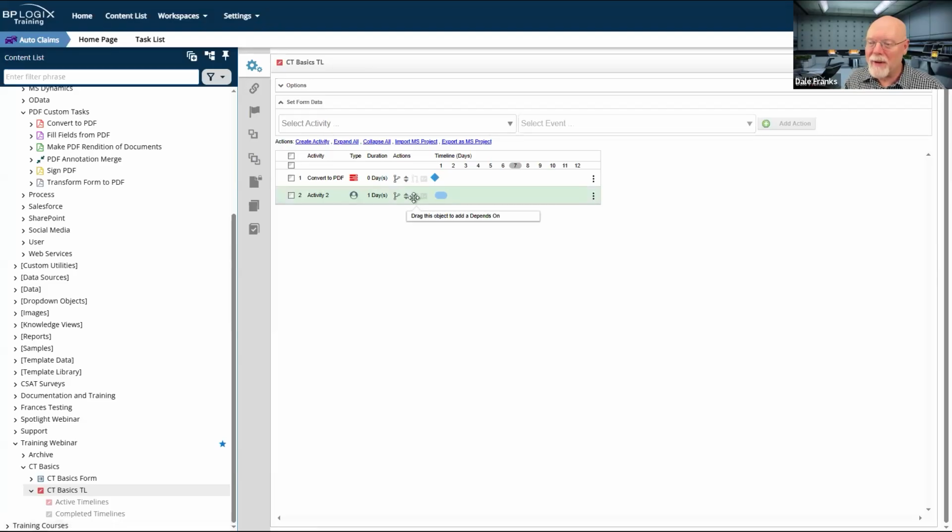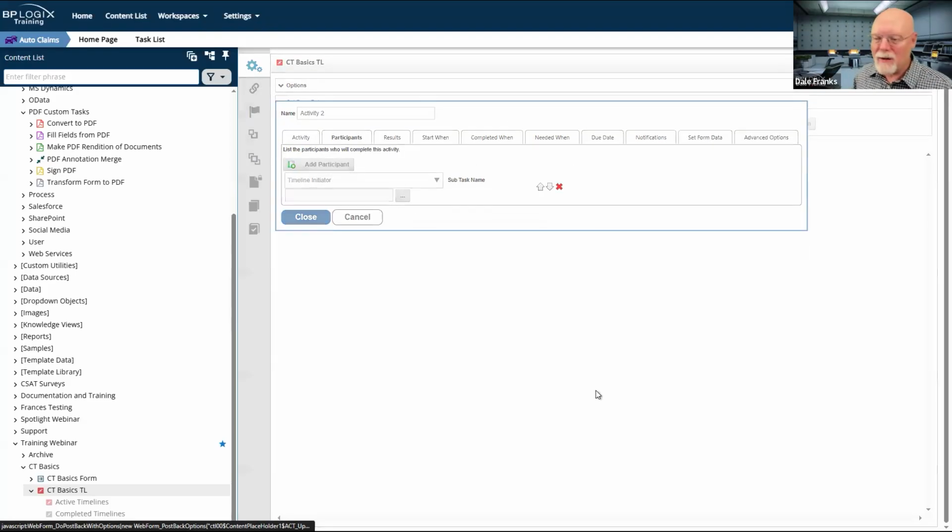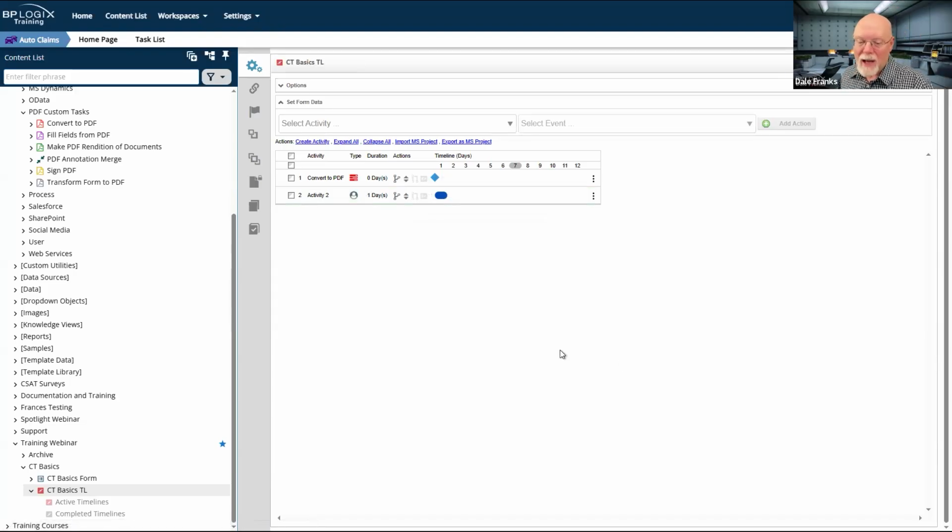Let's make it even a little more realistic. So here is my convert to PDF. It's going to happen, and then activity 2 is going to occur, and I am the participant of activity 2. So what's going to happen now is I'm going to click the submit button on my form. And then if it's a lengthy PDF conversion process, I'm going to have to sit there and wait and wait and wait until that conversion is done. Then the form is going to reload for me and place me inside the context of the task and give me my task completion buttons, whatever they might happen to be. And now I can complete that form.